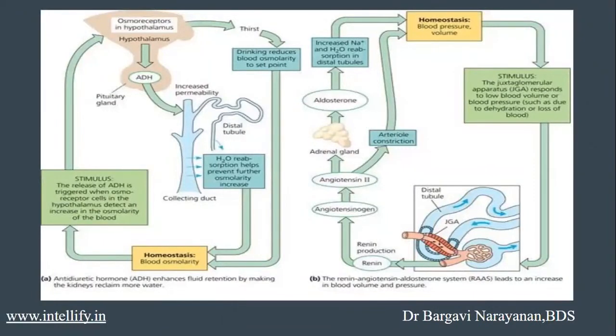Now there are certain osmoreceptors located in the hypothalamus, which get activated whenever there is a decrease in the blood volume, blood fluid volume, or ionic concentration. So now these osmoreceptors are going to trigger the release of antidiuretic hormone, which is also called vasopressin. Now this vasopressin is going to increase the permeability in the collecting duct as well as the distal convoluted tubule. So there is going to be resorption of water, and the water balance or the fluid balance is going to be maintained. That means homeostasis. This is the first mechanism.